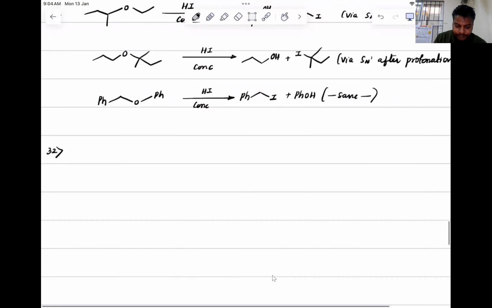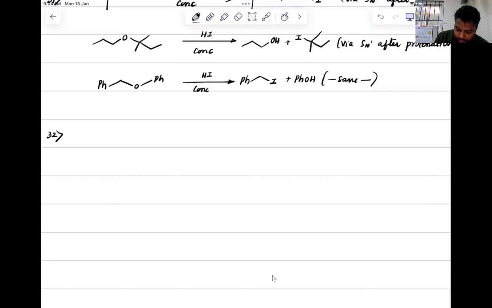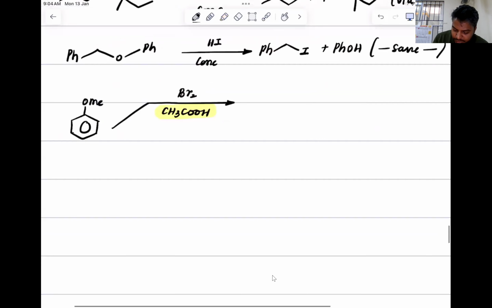Next. In case you have anisole. For anisole, what are the important reactions? So Br2 in the presence of CH3COOH. Very important reaction condition. Not water. It has to be acetic acid. And what kind of acetic acid? Glacial acetic acid. Glacial acetic acid is almost